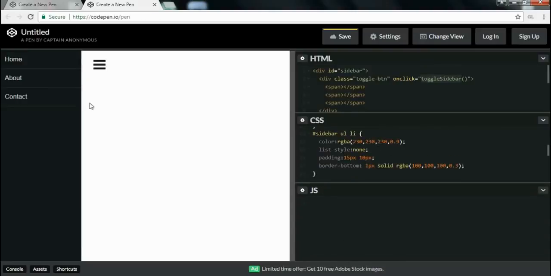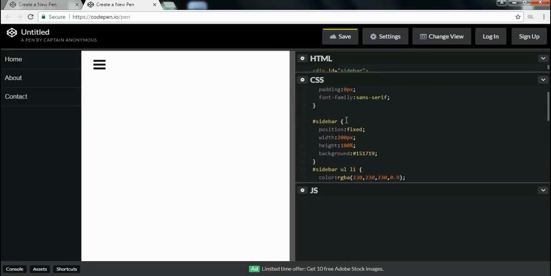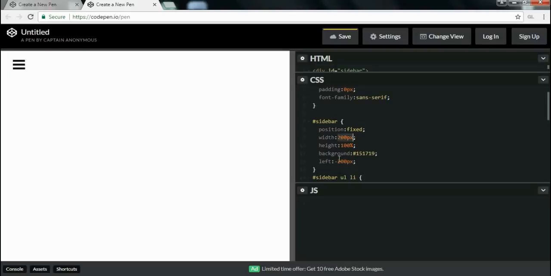So before that, first of all, I will add one more property inside this sidebar having ID sidebar, that is the left property. So by default, the sidebar is on the left side by minus 200 pixels, that is the minus width of 200 pixels. And I will add an active class.